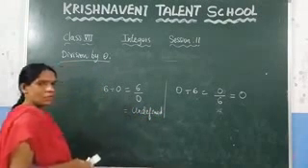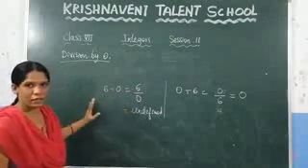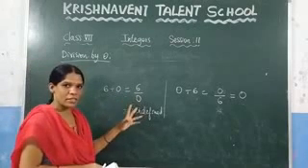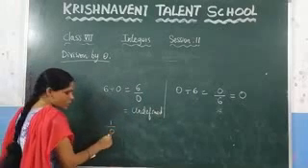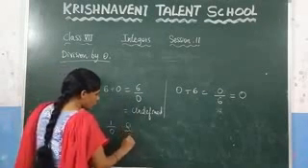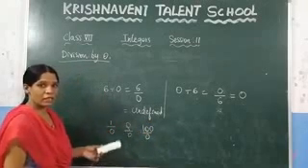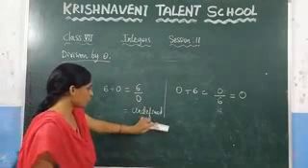Okay. If that is so, why is 6 by 0 undefined? You will get this question. Here, if the denominator is 0, we can say that the value is undefined. Let us consider 1 by 0, which is undefined. 2 by 0 is also undefined. 100 by 0 is also undefined. Undefined means we cannot calculate that value. Why can we not calculate that value?